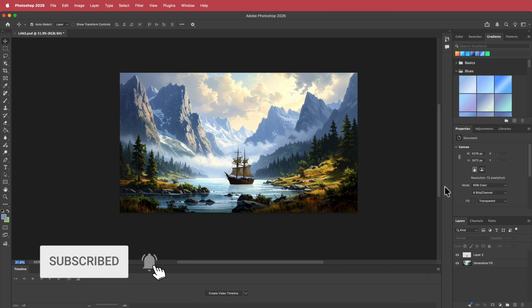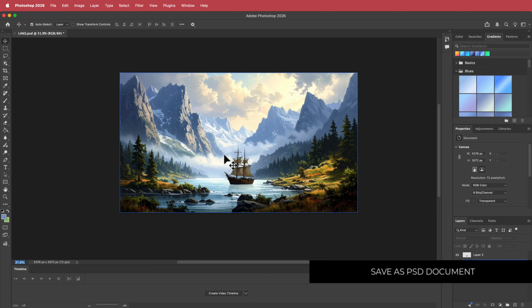But once you have that, you will need to go into Photoshop and separate the boat from the background layer. Once you've separated it, then you will need to use generative fill to clean that up and have a clean plate. Now, if you don't know how to do this, you can watch some of my previous videos that will show you this exact step. But once you have that, all you need to do is save it as a PSD document and take it